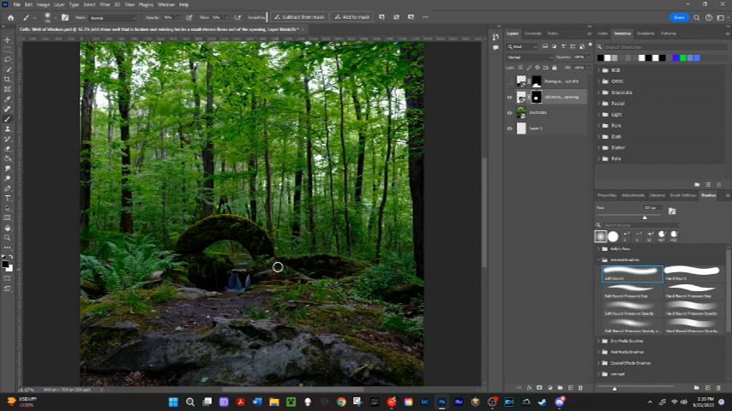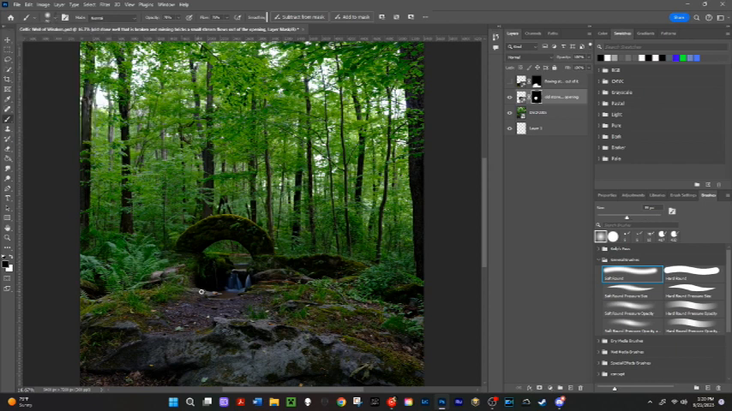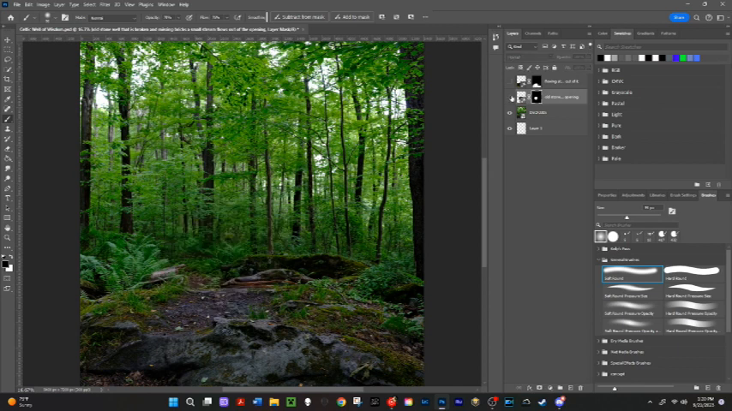So you can see how I'm taking away quite a bit there just to keep what I want behind that log, that fallen log back there. So that of course gives it a sense of depth. And that's probably what made it look a little weird at first. So now I'm actually going to just continue to put some of the